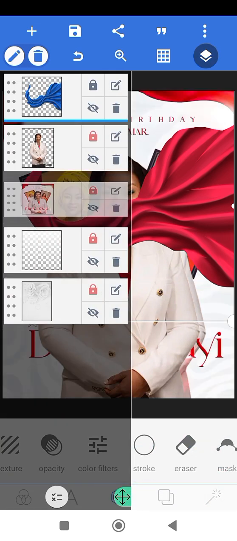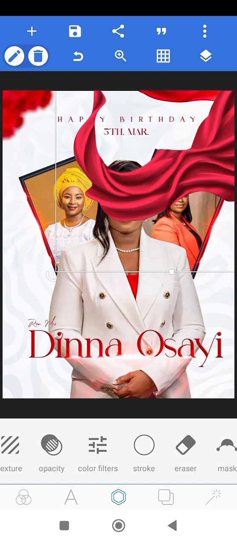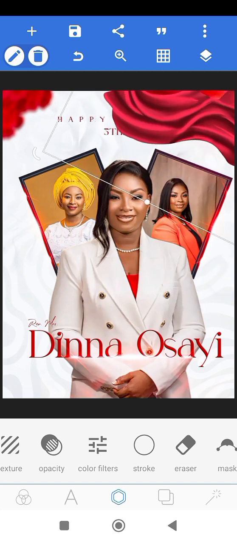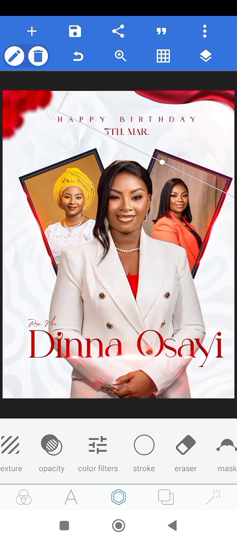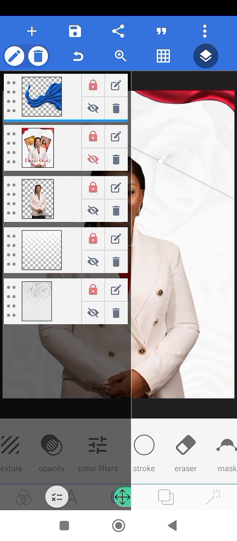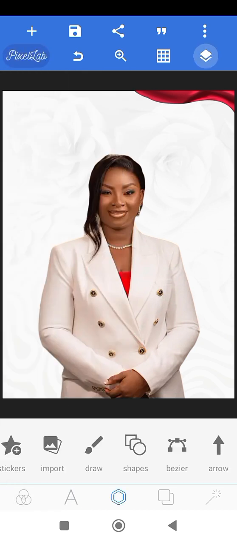So I'm going to bring my original and see how I positioned it. Yes, so I'm going to position it this way. I'm also going to be giving you guys the original. So I'm just going to position it this way. Yes, so I'm just going to make this layer invisible, lock this layer. So now I have my silk,